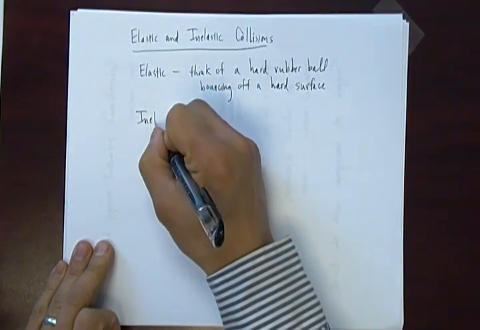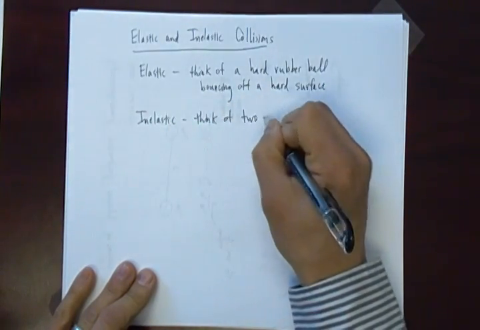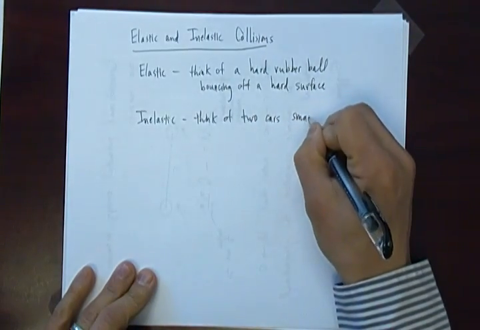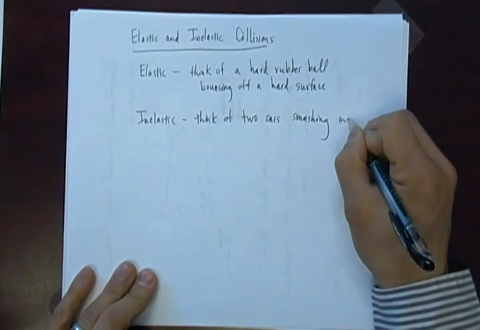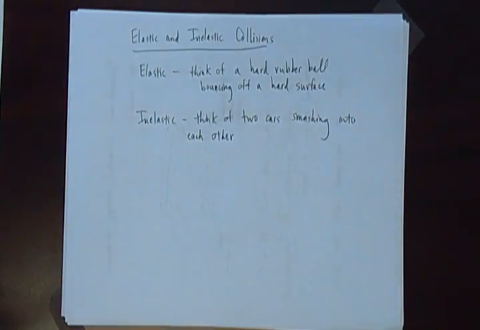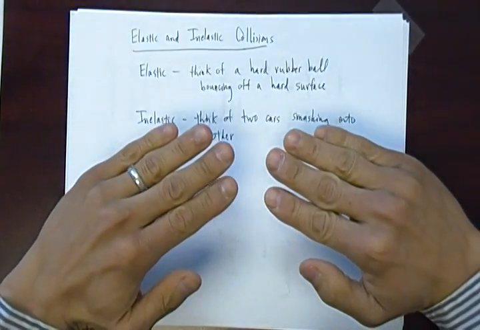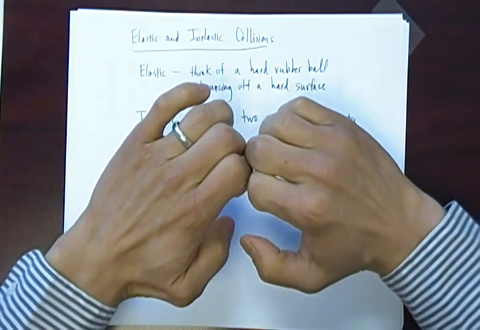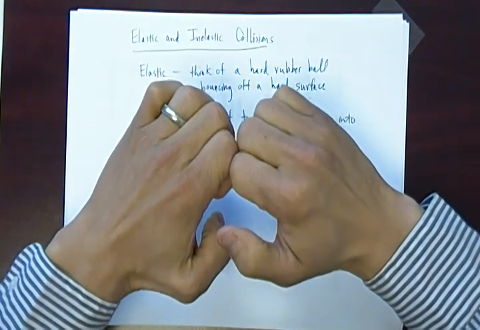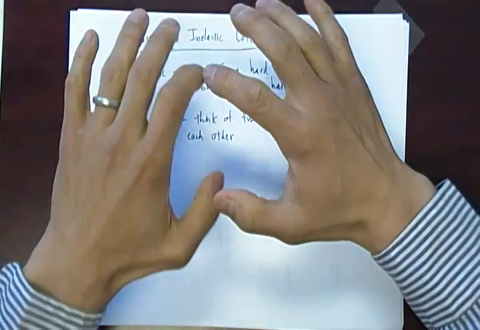Now, inelastic, think of two cars smashing into each other, like the example we just did. Actually, it was a car and a stationary vehicle that ended up being more like a truck. Okay, so the reason that it's inelastic is because there is some loss of mechanical energy. What happens is that you have the two cars coming in, they have some shape, and when they collide, some of that energy goes into crumpling the car, and so they might even stick together, but it's not necessary. They might bounce off, but you lose some of the kinetic energy of that collision because it's deforming the shape